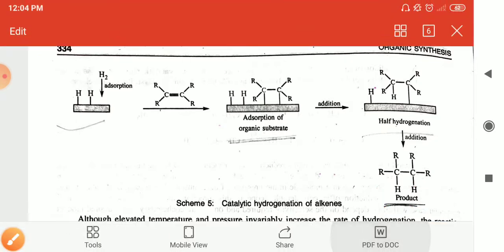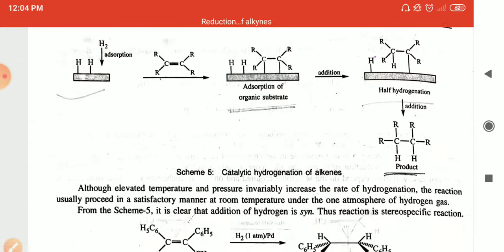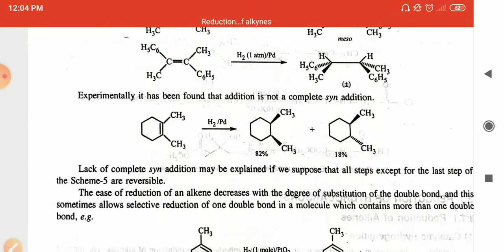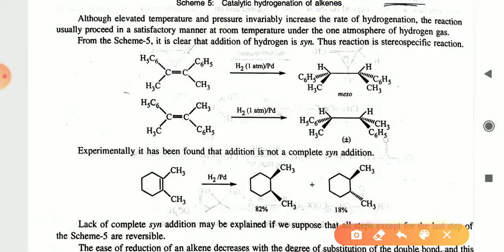Okay, so this is the heterogeneous catalyst, and you can see another example: the alkene in the presence of 2 moles of H2 and 1 atmosphere pressure in the presence of palladium. The alkene bond is reduced and the 2 moles of hydrogen are added. Now this is the same, this is the cis, and this is the trans addition of alkene.